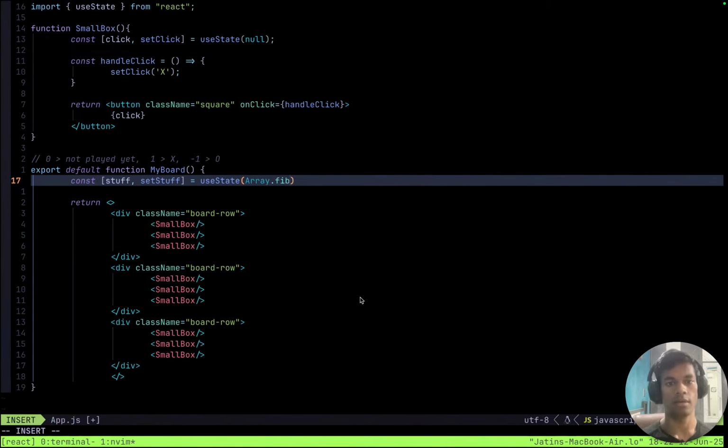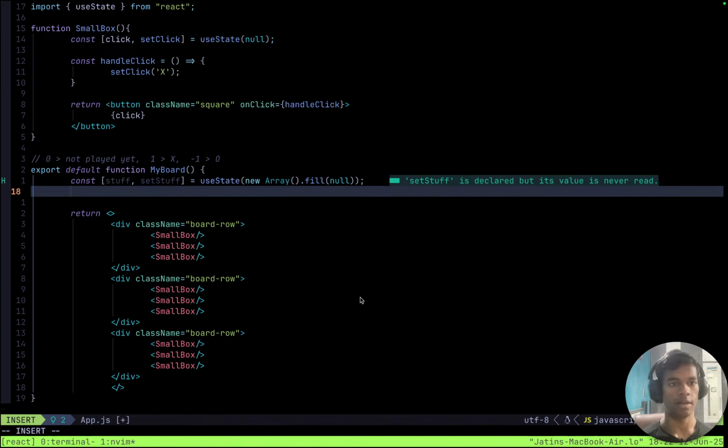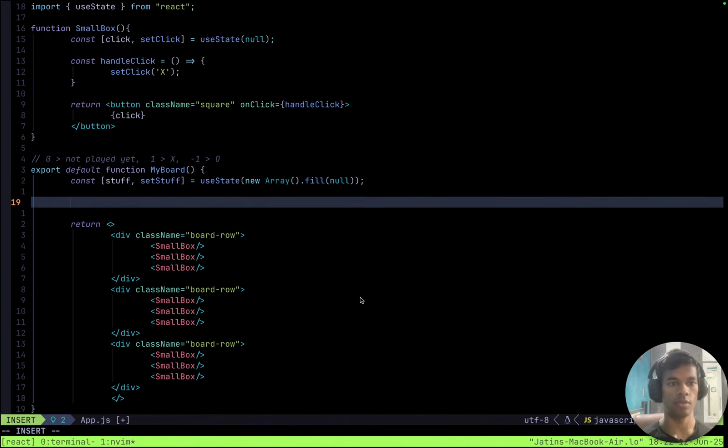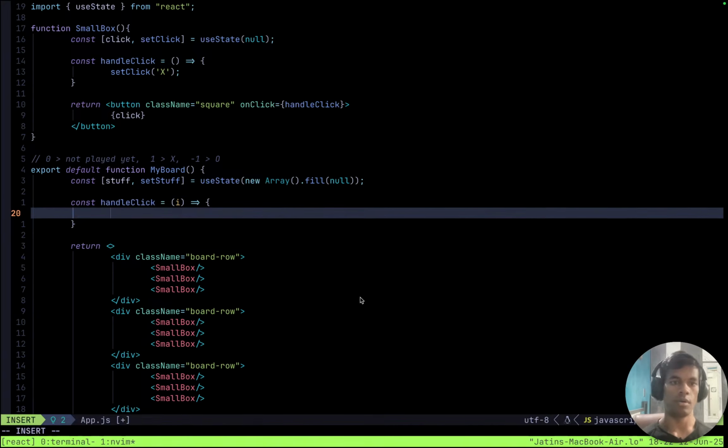New array, my bad. New array dot fill it with null, right? And I need to have a function const handle click. It will take an i, and what it will do is